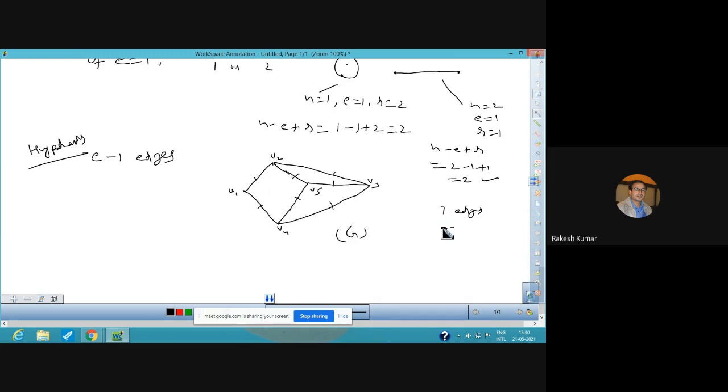And vertices are 5. So n is 5, E is 7, and the regions are countably 1, 2, 3, and 4, where 1 is the outer region. So regions are 4. And this is the case when we have one less edge. E minus 1 edges are there. So now we add, this is the induction step. We add one new edge to G, to form a connected supergraph of G.